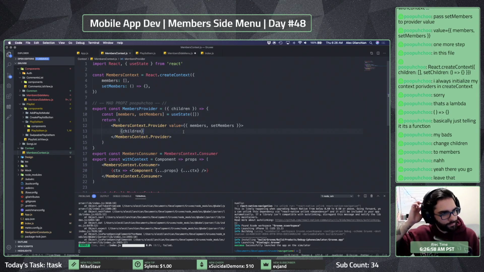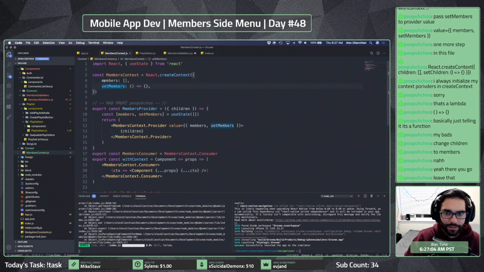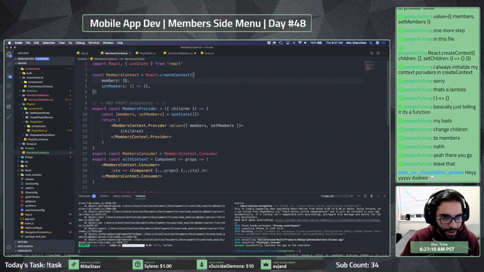Oh, these things. Gotcha. Okay, cool. Now this makes more sense. So we carry context. Our context is going to have members, which is just going to be an array, or whatever type we want it to be. But right now it's going to be an array. Set members is just our function, which is our use state. So we have our use state here for our state management within our functional component. And then we have our context provider. Our value is going to be looking at members and set members. And then when it changes, these are the children that come out of it.